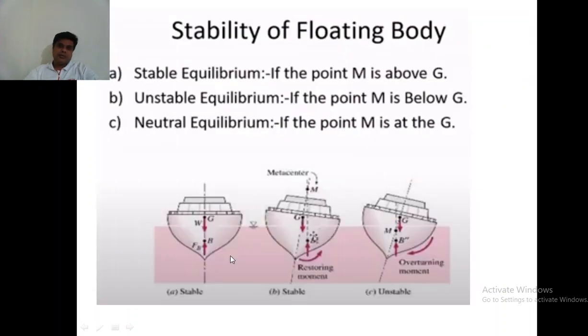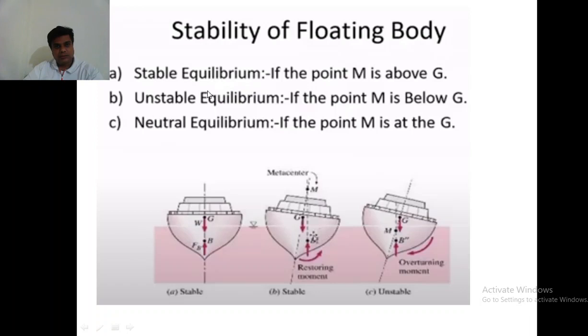So in this case we have a floating body. So we'll take the example of a ship here. So I told you that the ship will have a contour like this. The profile of the ship inside the water will be like this. So why is this? Because we want the weight of the water displaced by the ship inside the water to be more compared to the weight of the ship, so that the center of buoyancy will be below the center of gravity.